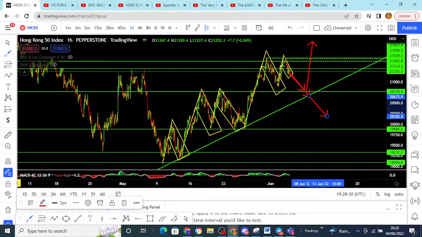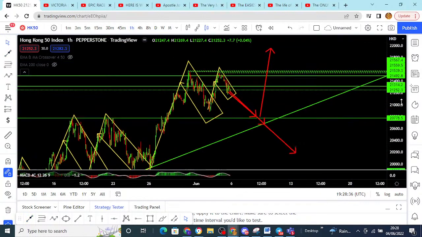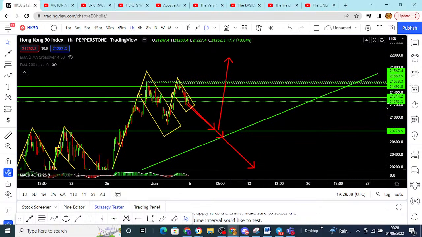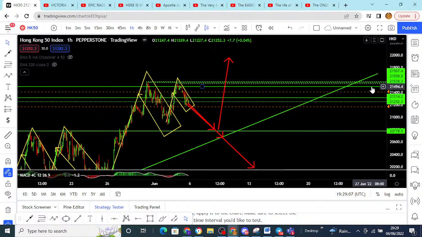And to be able to anticipate that opportunity, we can begin to put some alerts. We can begin to set an alert here. Let's put two alerts. One alert for if the market is going down, down, down. I would make a call and say, add an alert here. I would also make a call and add another alert here to alert us when the market is going up,